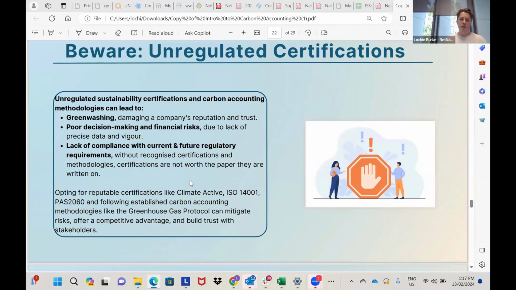My last point would be on the certifications front. Make sure that you're very conscious of each certification that you see and who the organization behind that certification is. It's very easy for people to just make up their own certifications. And as I mentioned before, with the apples to oranges comparisons, especially now that we're thinking of this whole